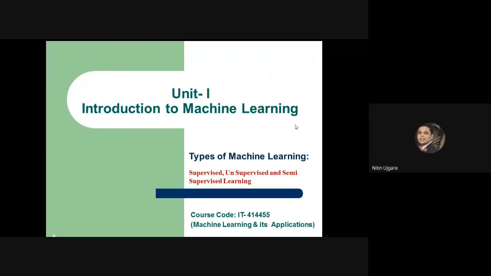Towards the end of this session, I will quickly go through the first two types of machine learning, that is supervised machine learning and unsupervised machine learning tasks. If time permits, let me check whether I can touch on the third type.